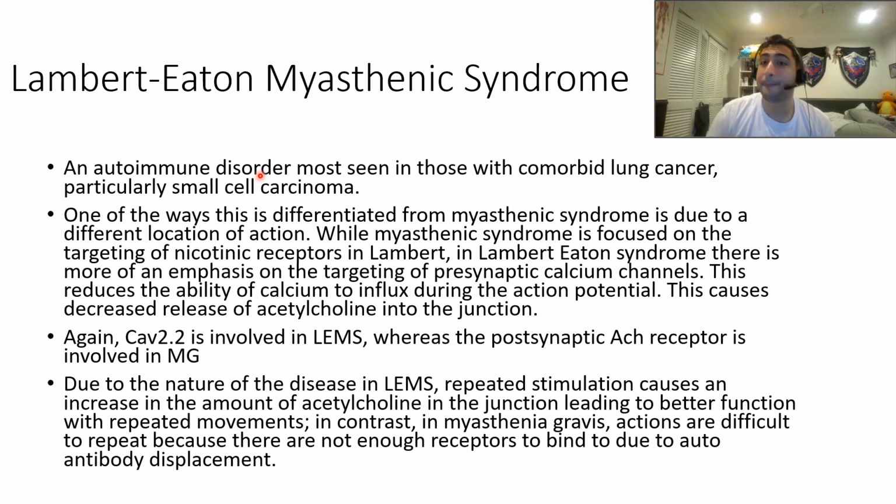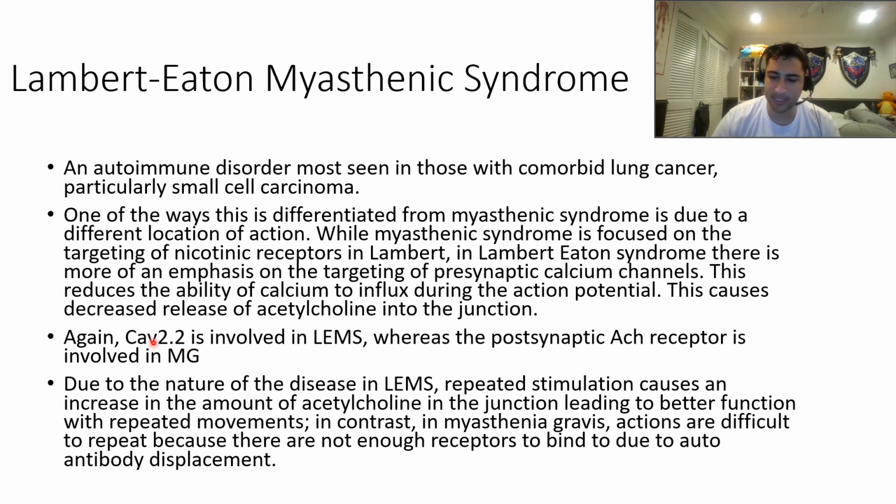Why? Because every time you do a movement, you get a little more neurotransmitter, and those repeated movements get more and more neurotransmitter because the receptors are working on the postsynaptic cell. It's the presynaptic cell that's the problem. So those repeated small contractions allow you to generate more and more neurotransmitter in the junction. All right. So the protein is called CaV2.2, and that's involved in Lambert-Eaton myasthenic syndrome. It's the voltage-gated calcium channels on the presynaptic